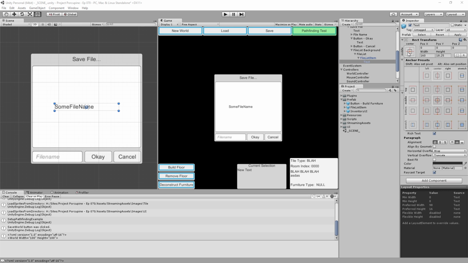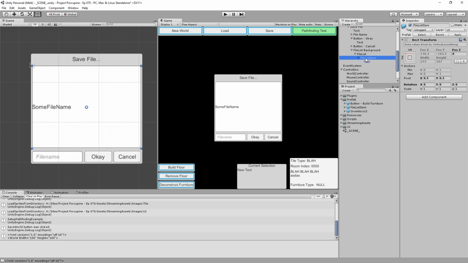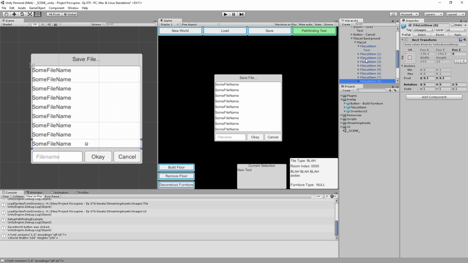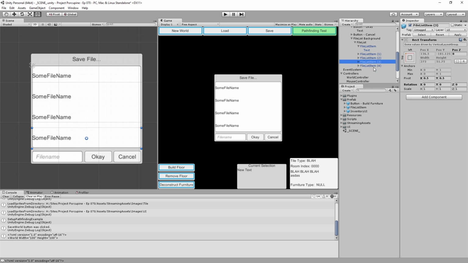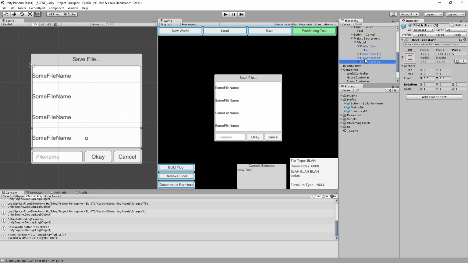We want this to actually be stretched the full size of the thing. There we go. And this file list item gets duplicated, so that if we apply this and we duplicate this again, there we go. That looks mostly better. So we want this sort of list. Well, two things. One, we don't want this huge gap between items. We want them really to be stacked up at the top. And the second thing is,